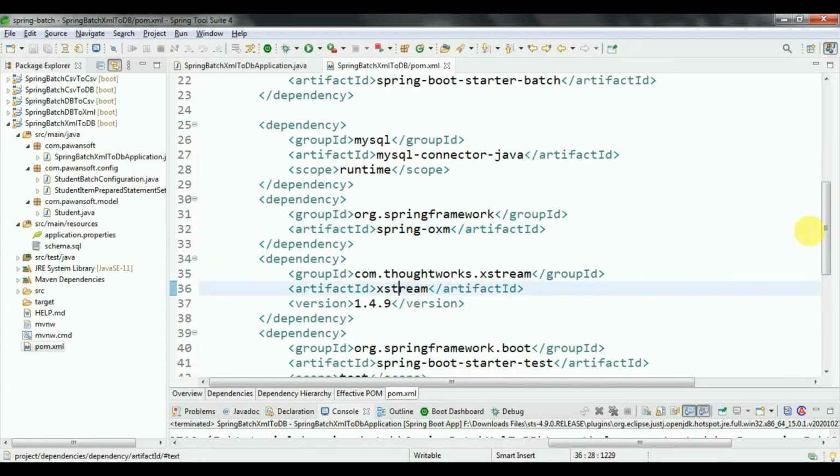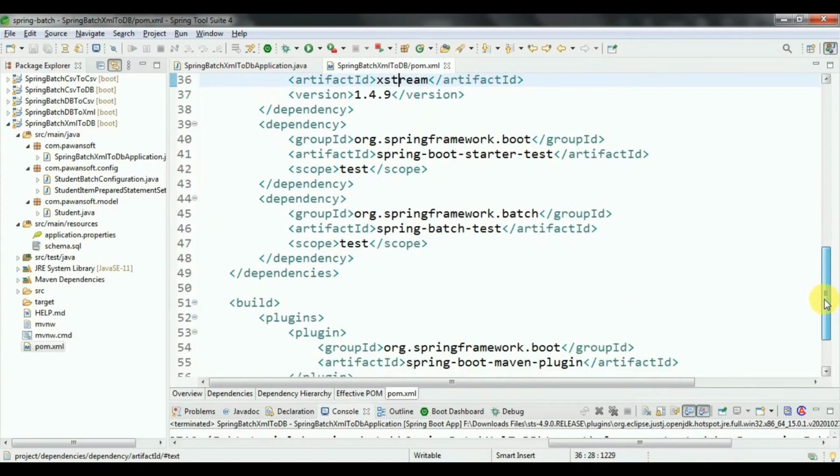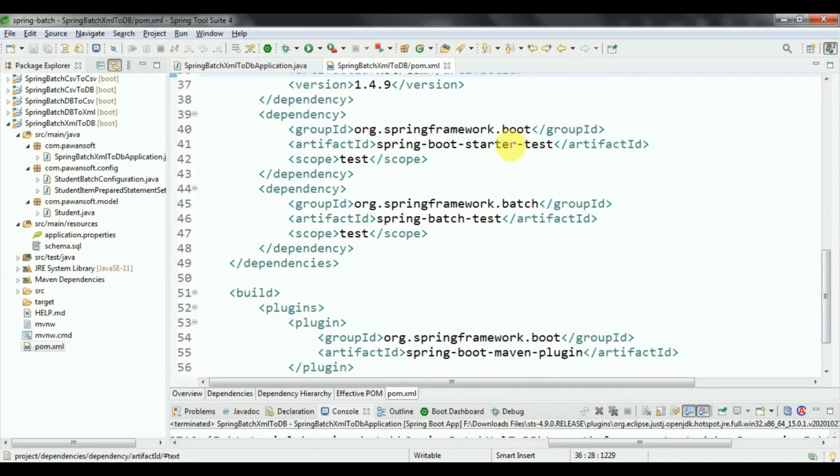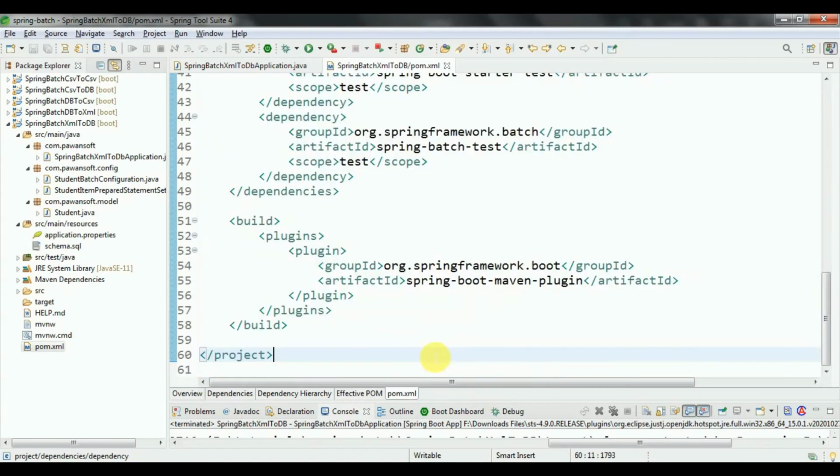These four dependencies you have to add, and this is the test purpose dependency.